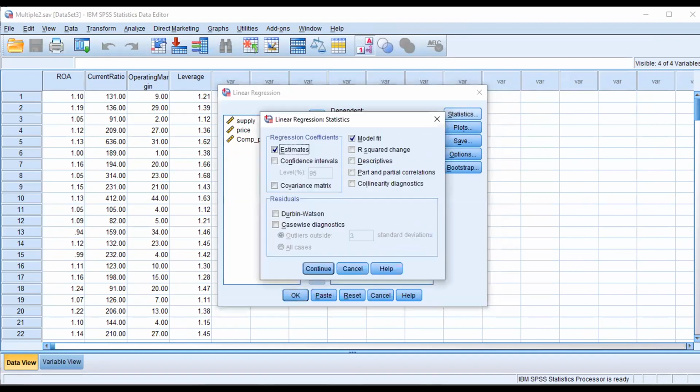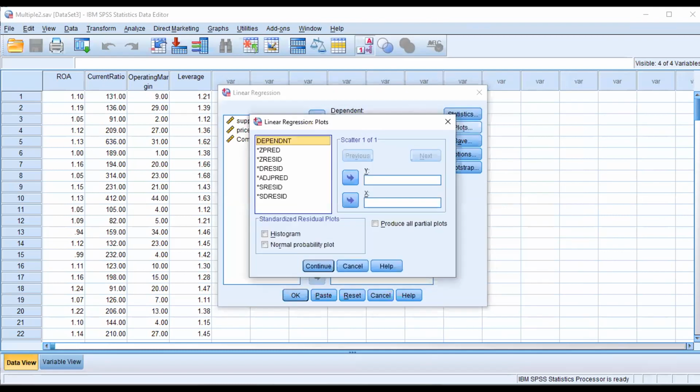In Statistics, you can set the confidence level, say 95%. You can choose the Durbin-Watson test, which is for autocorrelation. If the data is time series, then you can click here, otherwise it's not needed. R squared, descriptive, yes. You can also check collinearity if you want to. Model fit, I will let you know what model fit is. Then collinearity diagnostics, where you will get the correlation between these two variables if you want to pick it. Otherwise, in your report you generally show your correlation result separately anyway. Okay, then continue.